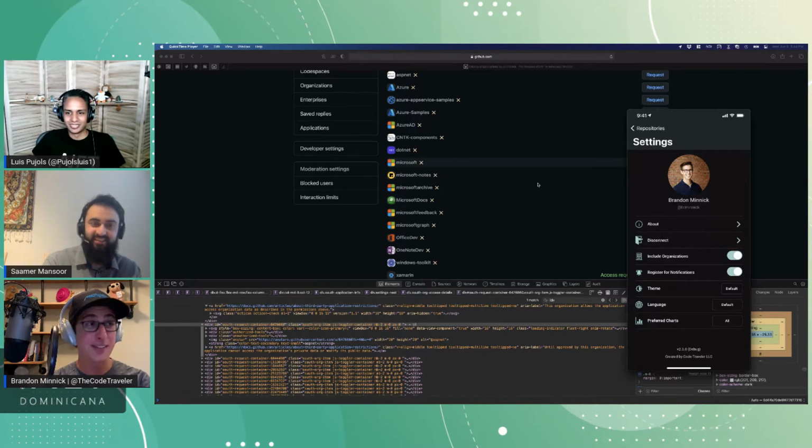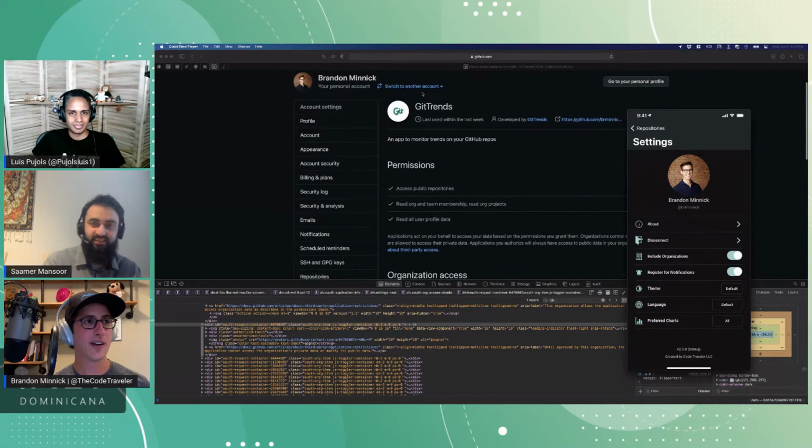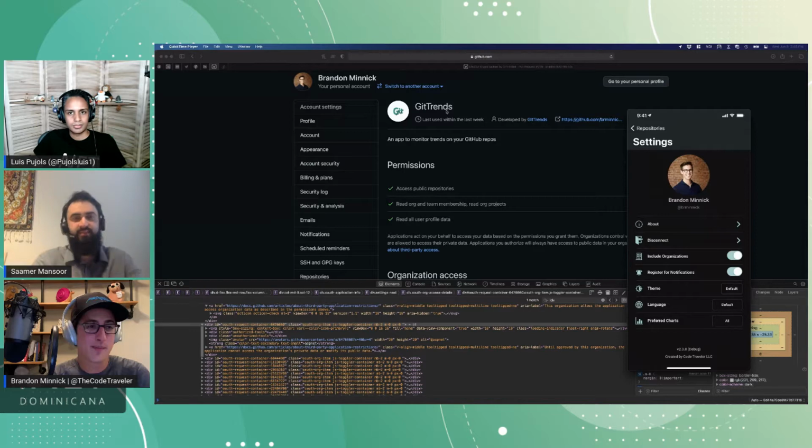My guess is that my GitTrends OAuth app, this one that we're looking at here in the settings, has a special setting somewhere that's not documented anywhere, because all the GitHub app is doing is the same OAuth flow, just using their OAuth app. And I can't figure it out. I even tried upgrading to an enterprise account and paying that $100 a month to see if that was the secret. But